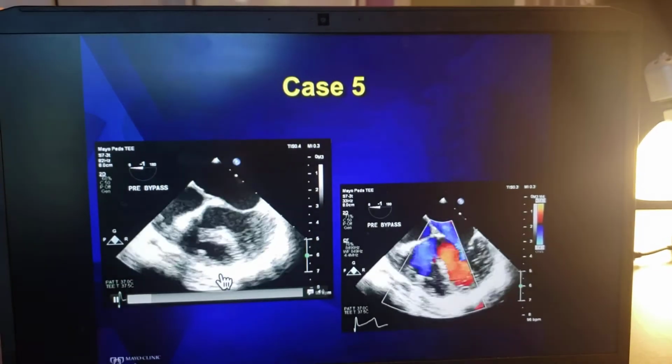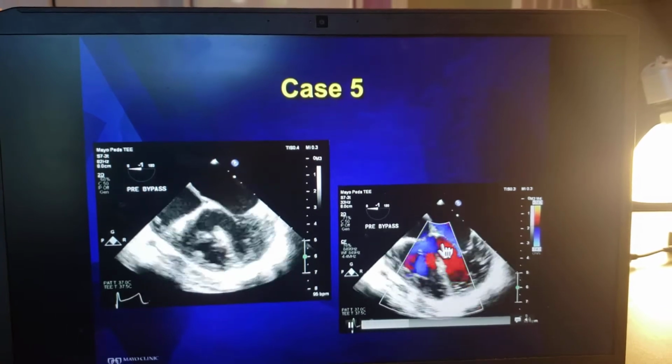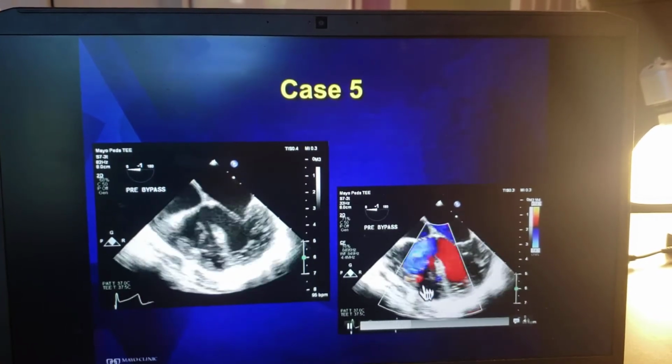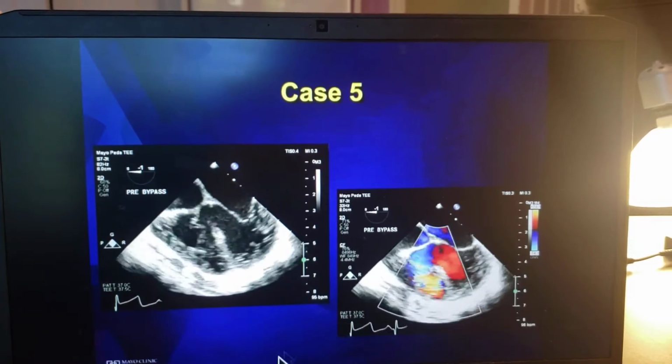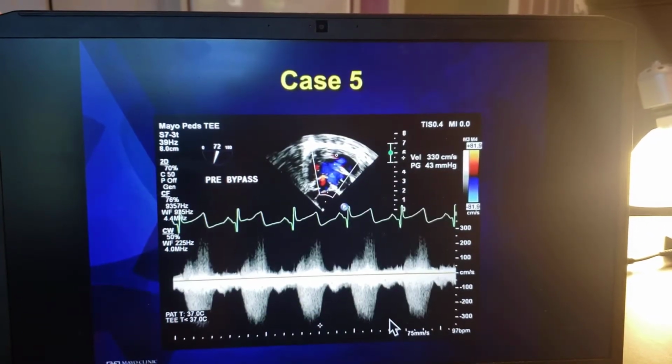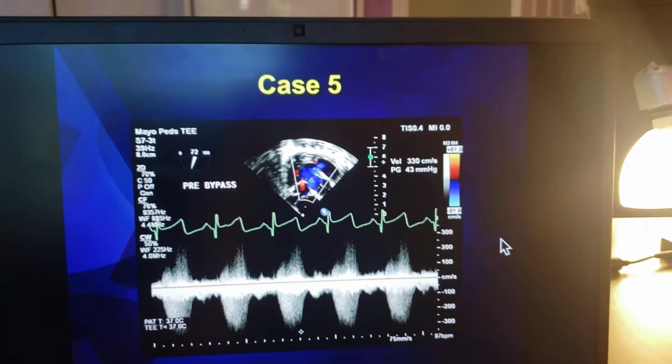And in the 4-chamber view, we can see the big VSD here, but when we look at color, we see laminar flow across the VSD, but very aliased flow in the mid portion of the right ventricle with those hypertrophied muscle bundles. And there was a gradient of about 40 millimeters of mercury across that, so significant obstruction within the